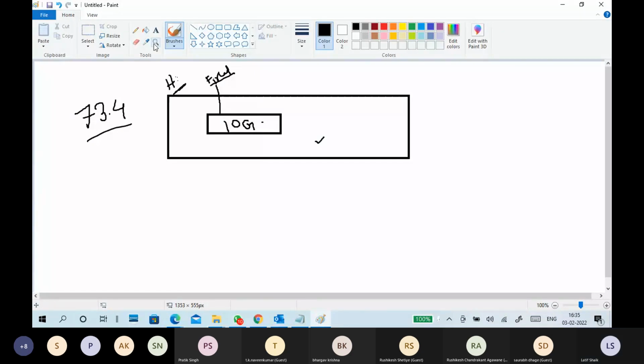It means your free size is 73.4, and you created a 10 GB hard disk, so now free size becomes 63.4. So this is called a fixed disk.